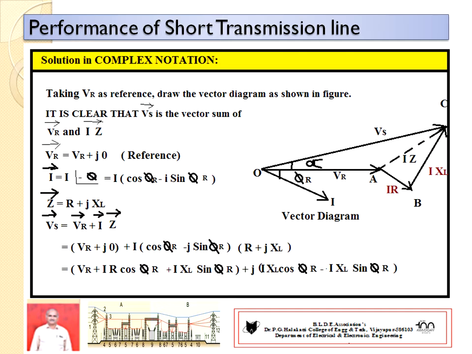Similarly, if the L value is given, we have to calculate XL, and then the impedance of the line becomes R plus jXL. Once you know the impedance, we come to the vector Vs, the sending end voltage. It is very simple to understand. It is the vector sum of Vr plus I into Z. So you write Vr, I value and Z value, and we get the following expression.